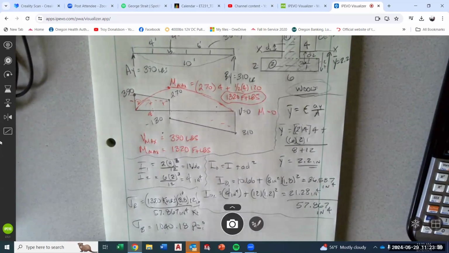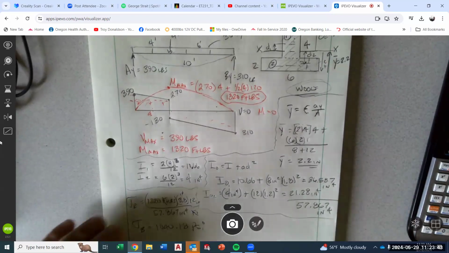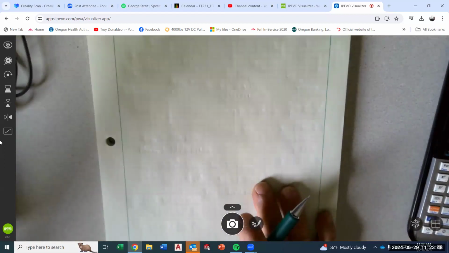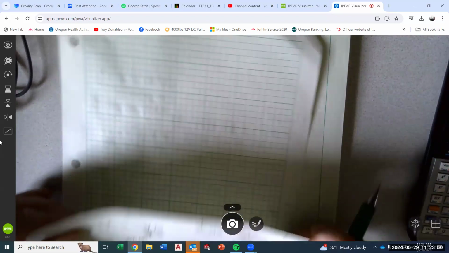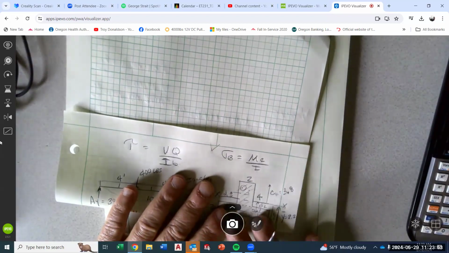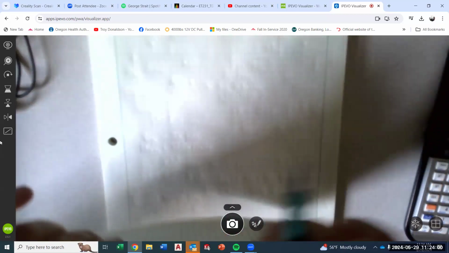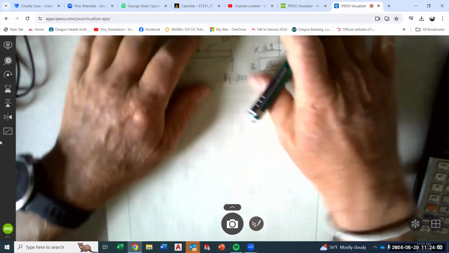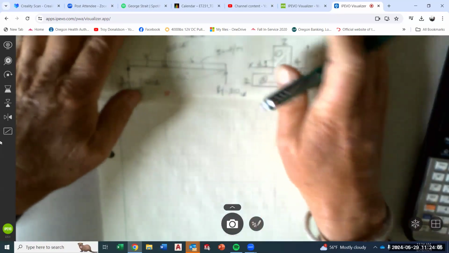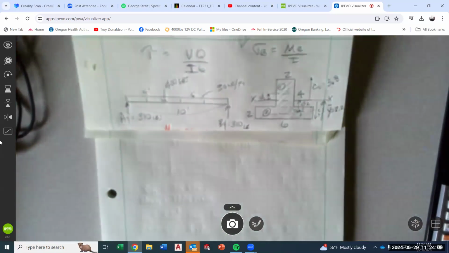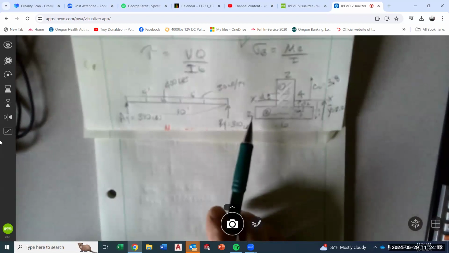All right, so let me show you how that works. What I'm going to do is peel this off and just use my diagram so I don't have to redraw it, and I'll have some more paper to work with. So when you go for shear stress,